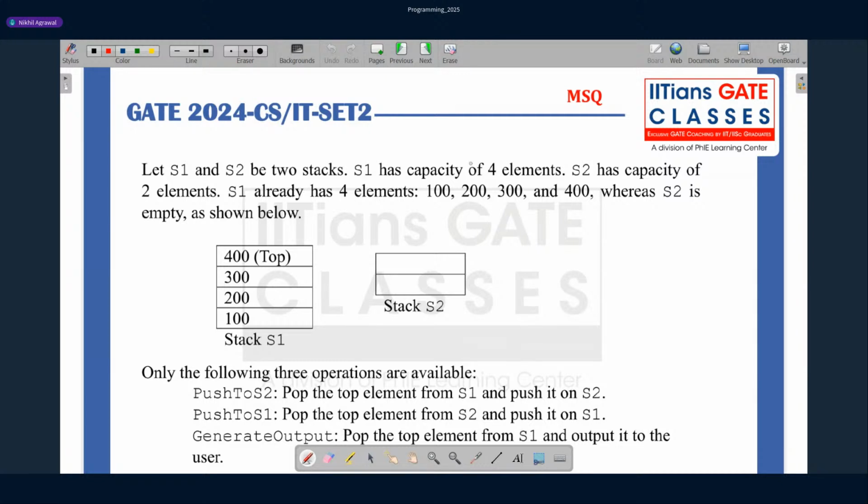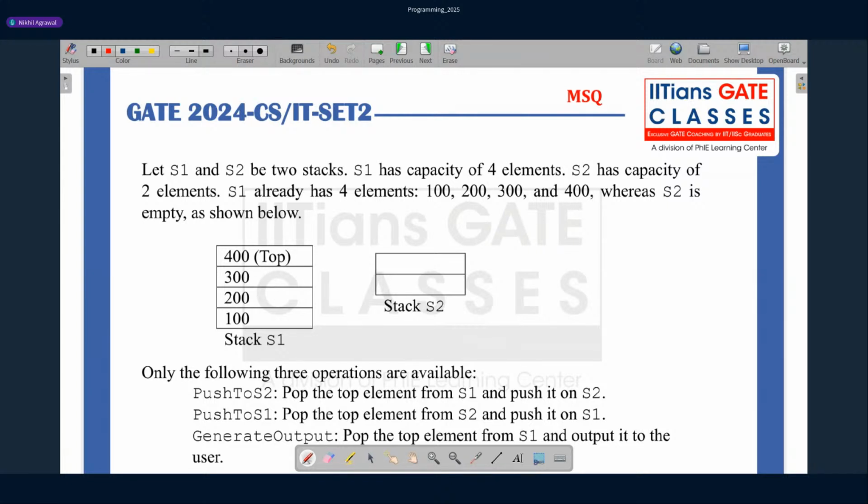What they're saying, students, is that there are two stacks, S1 and S2. S1 has 4 elements, and S2 has a capacity of 2 elements but is empty. S1 is already fully occupied with 4 elements, whereas S2 is empty.